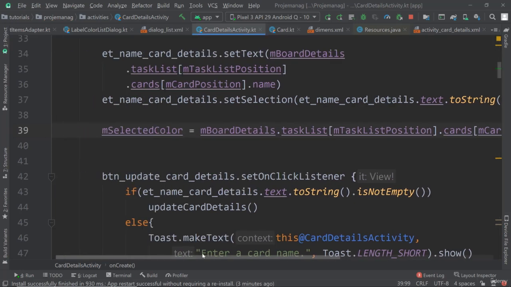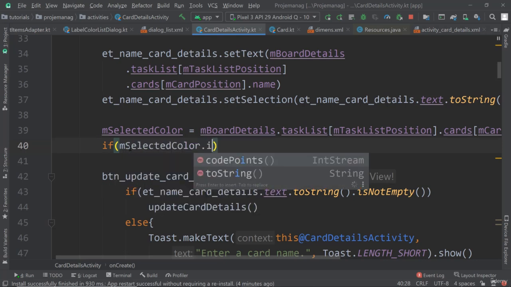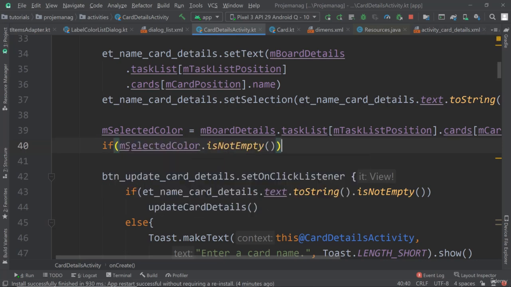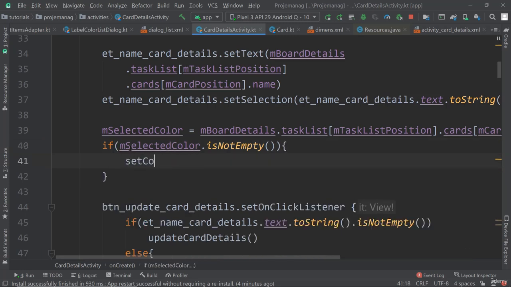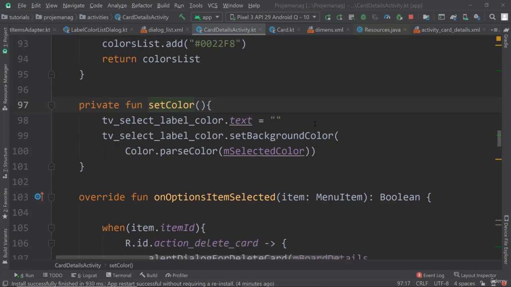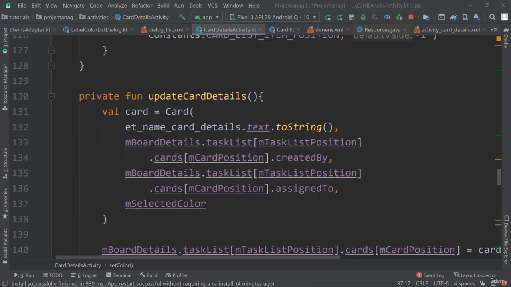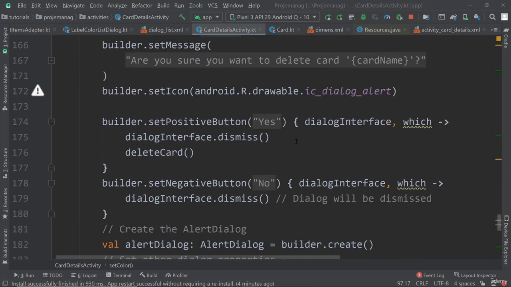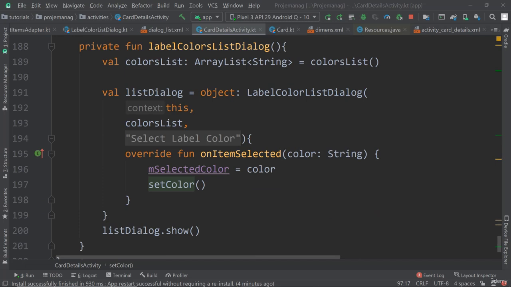All right, at this point we can check if the mSelectedColor is not empty, because it could be empty potentially. Then set the color, which is our function here, where we just set the color, right? And then we can pass the selected color to show it as already selected with a tick icon in the list. So let's do that as well. Therefore, in the label color list dialog inside of our card details, we have this function called label color list dialog in here. There we can now